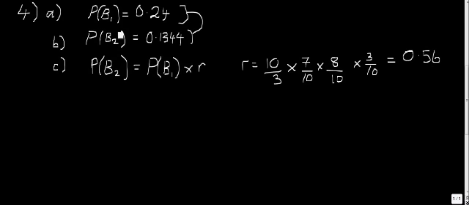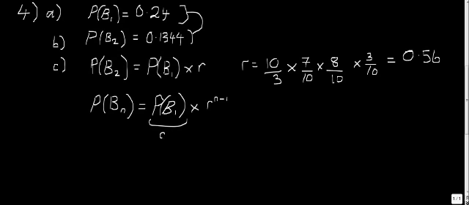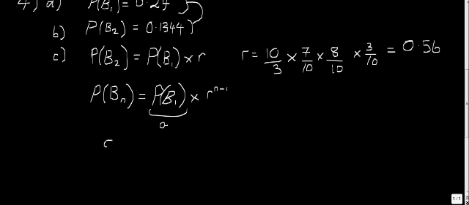Now, here we've stated it for an individual case, but what we can actually say is the probability that Bill wins on the nth try equals the probability he wins on the first try times r to the power n minus 1. And if we call the probability he wins on the first go a, that's our first term, suddenly this is just a geometric progression, and we can say that the sum to infinity